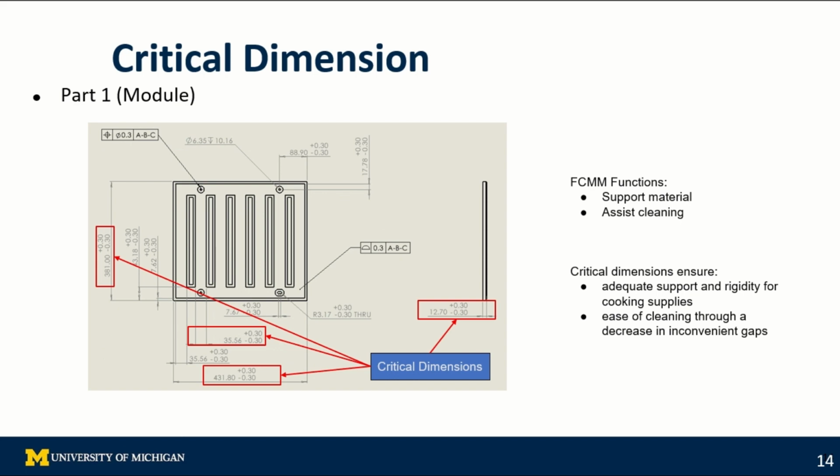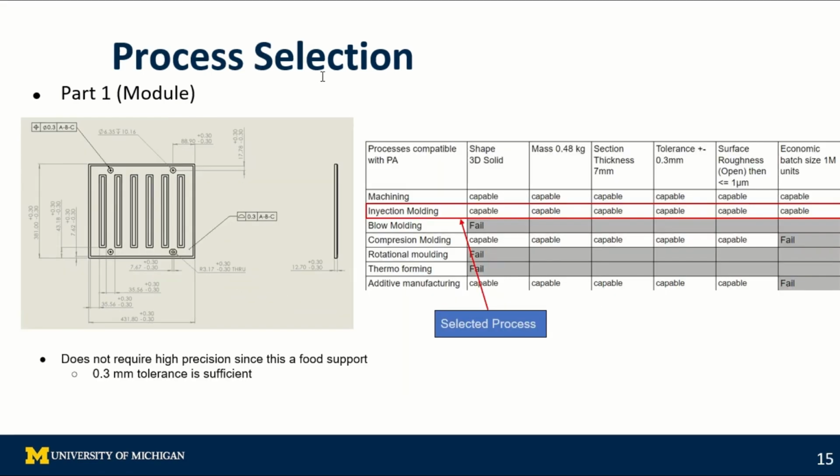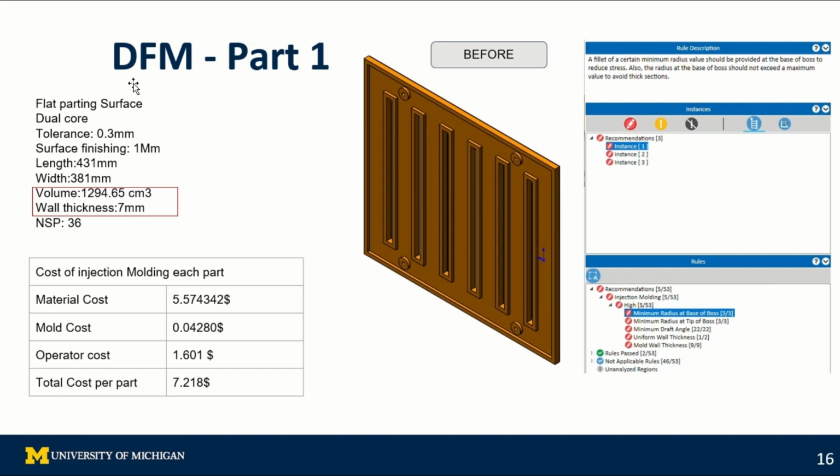of all the holes. The process selection for part 1 considers a 3D solid shape, a mass of 0.48 kilograms, a section of 7 millimeters, the tolerance of 0.3 millimeters, the surface about 1, and the production volume over 1 million. So the preferred process is the injection molding. Starting with the DfM,